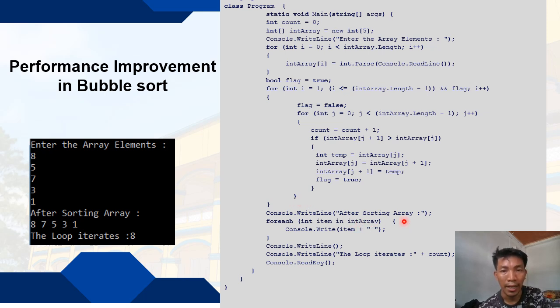After the sorting of the array, if the value of I is greater than the size of the array, then it exits the for loop here and then performs the next few statements. Console.WriteLine would display the array after sorting, and then the foreach structure calls upon the sorted values 8, 7, 5, 3, 1 accordingly, and then would be displaying the iteration according to 8.